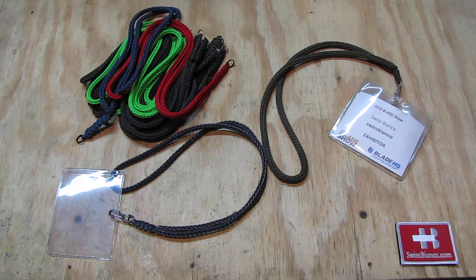Of course that's going to work for other exhibitions too. Usually if they give you a lanyard at such shows, it's just a cheap printed one. Many times it looks really ugly, and about 5 years ago I wanted to upgrade one. So